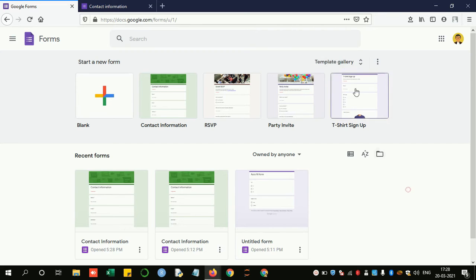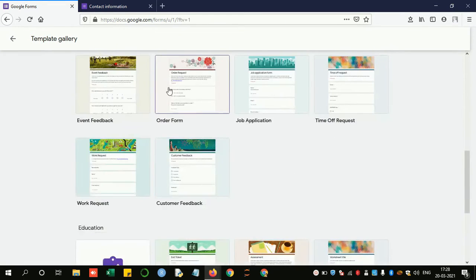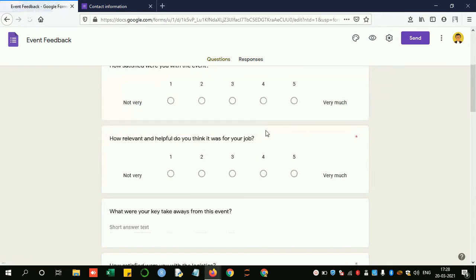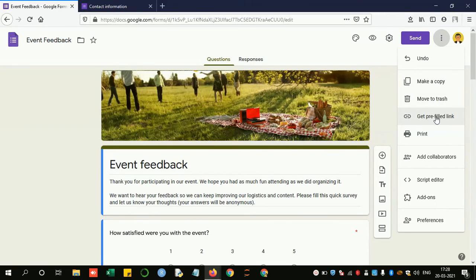So to show that, I'm going to use the template form which is already available here. Let's select this event feedback form. So yeah, to create a pre-fill Google form, you have to click here, get pre-fill link,